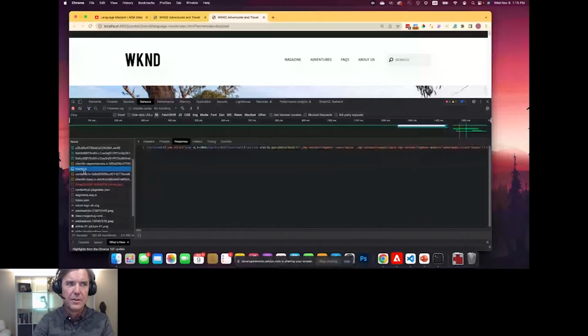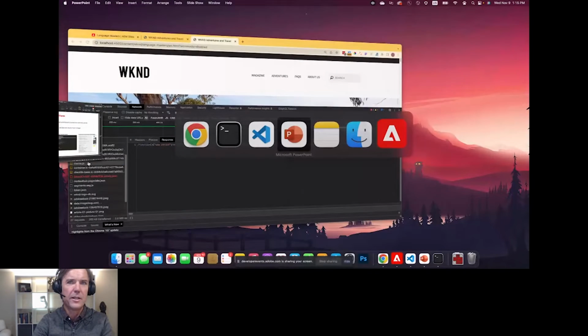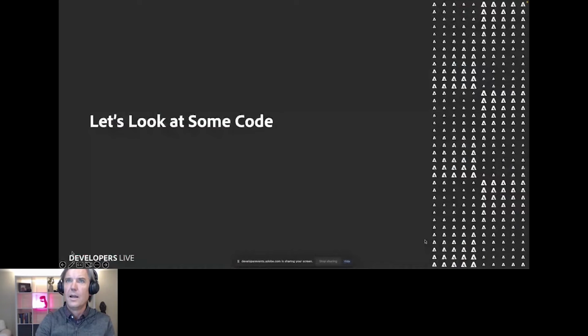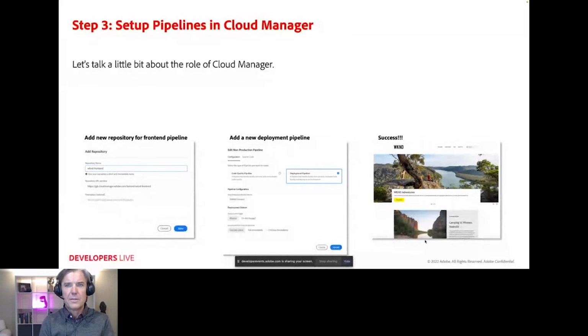Okay, so now let's go over here and talk about the next step. The pipelines. So we've now gotten everything working locally. And that's pretty standard practice for doing development on AEM.